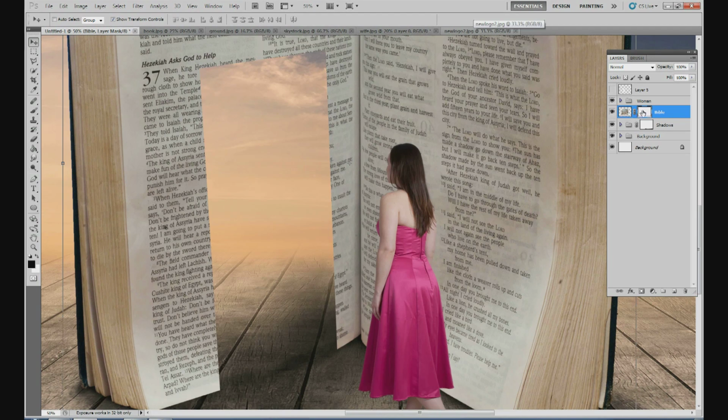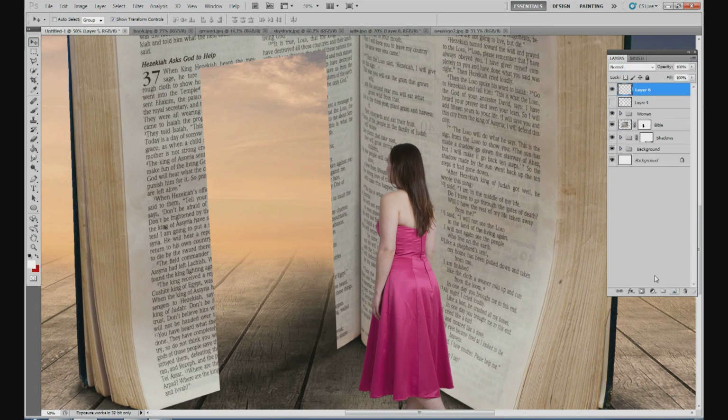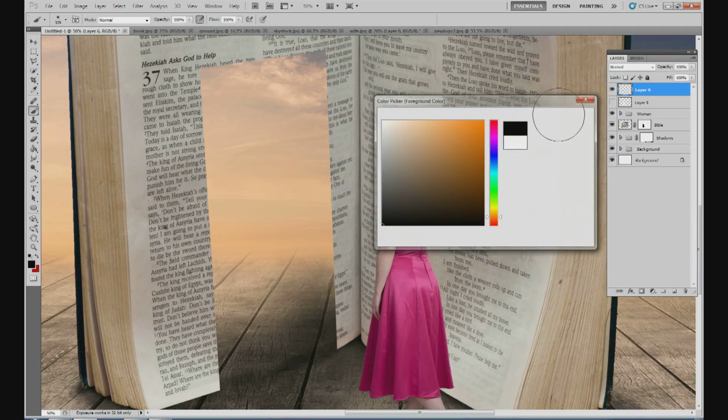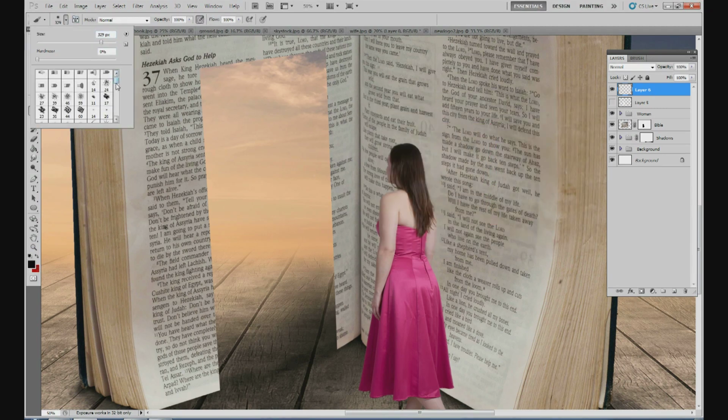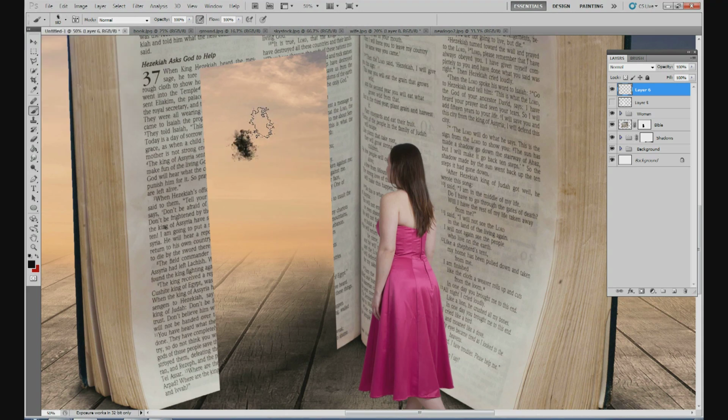So I'm going to stay on my mask right here. Say I'm going to click off the mask real quick. What we're going to do is paint the edges of the door with kind of a rough brush. And I have a brush. There's a lot of brushes you could use. This is just going to be kind of a paint splatter brush. Looks kind of like that. And we're going to use that to paint the outside of the door, so it has more of a rough edge. So I could just paint like this, but there's a big pattern to that paint splatter,